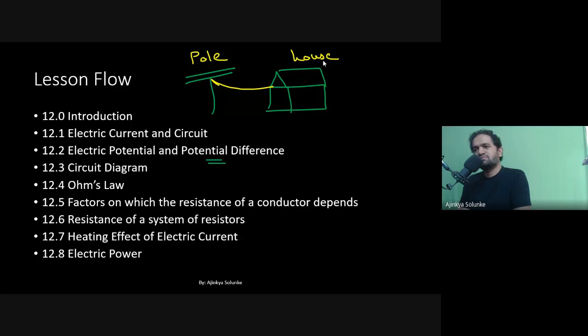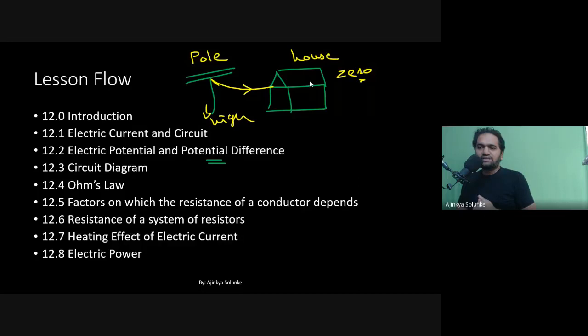What do you think? I will just give you the logic that the current is flowing from your pole to your house. Who is at high and who is at low? What do you think? Yes, very simple answer, correct. Yes, many students are giving correct answers. The pole is at high electrical pressure and your house is at low electrical pressure. Technically it is not even low, it is zero. Your house is at zero potential. That's why electricity flows from your poles to your house.